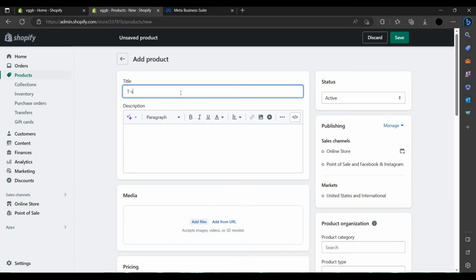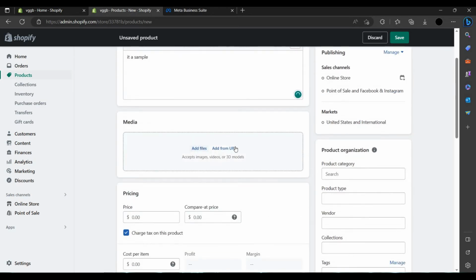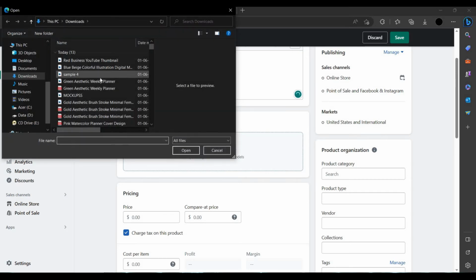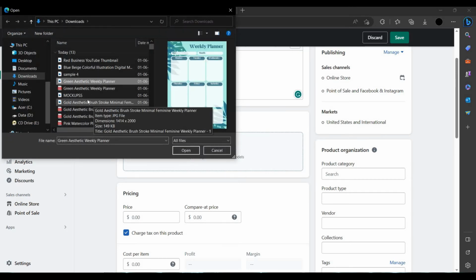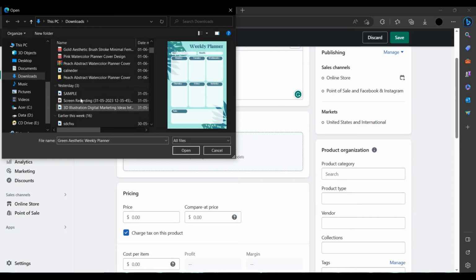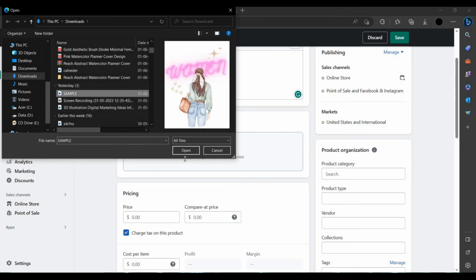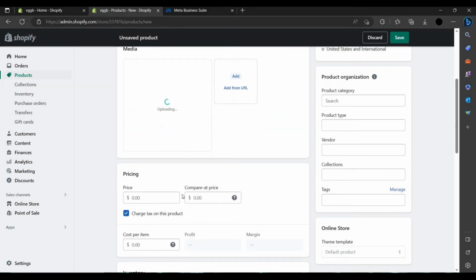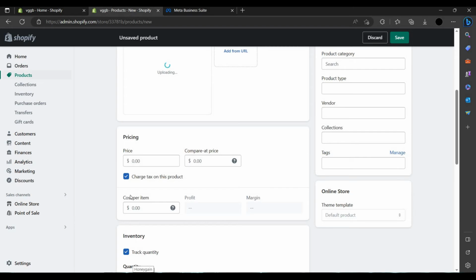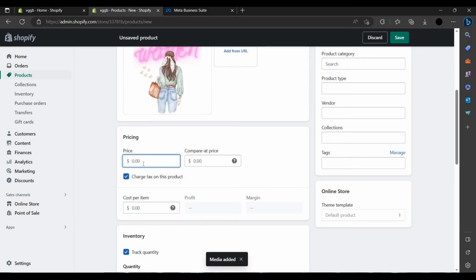I'm writing t-shirts. Then you have to write a description, like it's a sample. You have to add your photos, not your photos, your product photos. I'm selling a t-shirt design. Let us see. It's a t-shirt design for women. You just click this. We can set our store price. Let us set it as